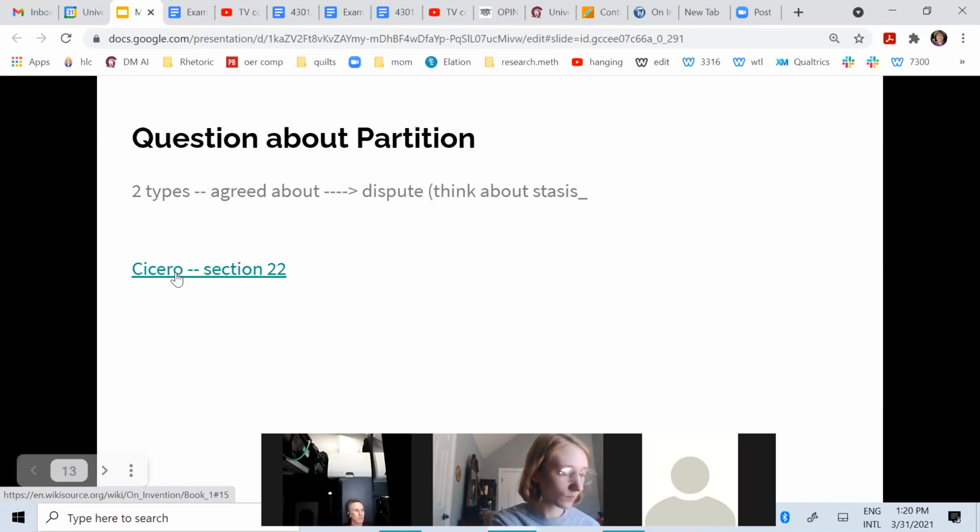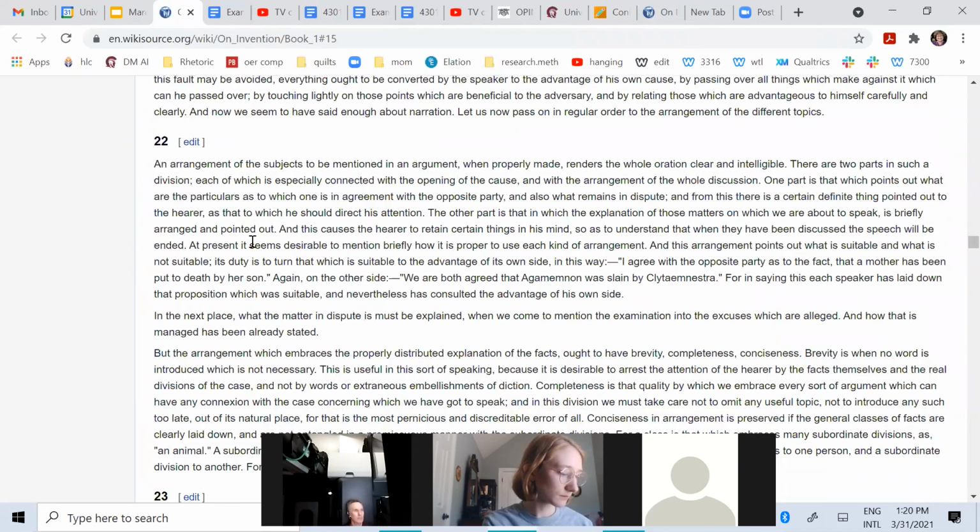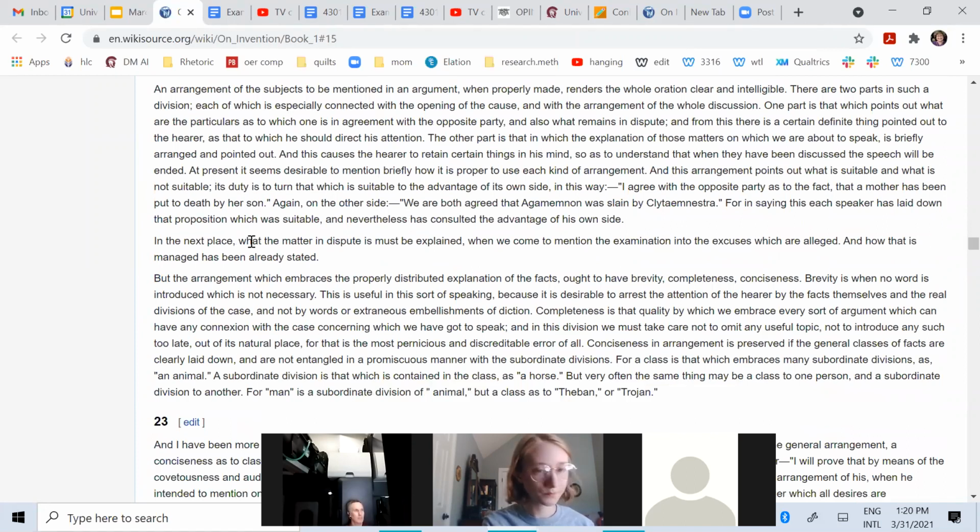There was another question about partition. Cicero says there are two kinds of partitions, and I think it's kind of helpful. One part or type is that which points out which are the particulars as to which one is in agreement with the opposite party and also what remains in dispute. And from this, there's a certain definite thing pointed out to the hearer as to that which he should direct his attention. So in thinking about that sort of movement from given to new, he's saying that this